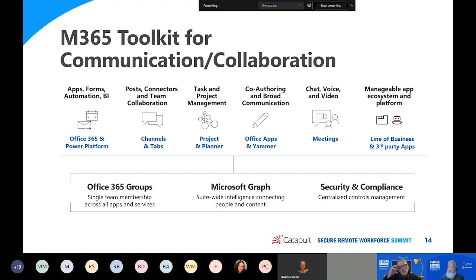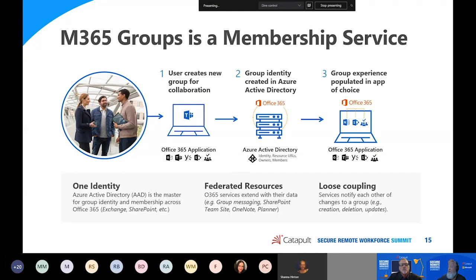Again, it's Office 365, Microsoft Graph, and our security and compliance tools that are our support for the technology toolkit for communications and collaboration. So Microsoft Groups underlies a lot of this.